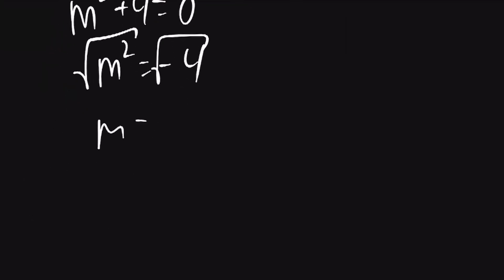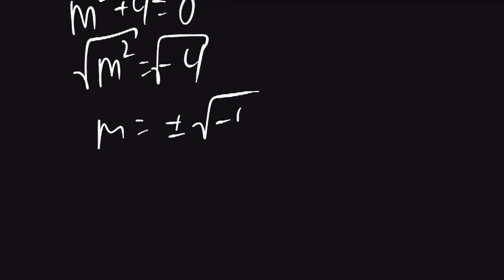For this problem, I'll start by treating it as a homogeneous differential equation. We'll have y double prime plus 4 times y is equal to 0. So the auxiliary equation will be m squared plus 4 is equal to 0. We'll get that m squared is equal to negative 4. We can now take the square root of both sides, and we'll find that m is equal to plus or